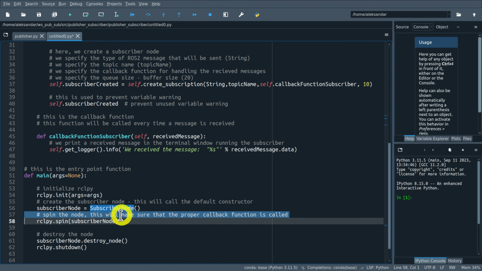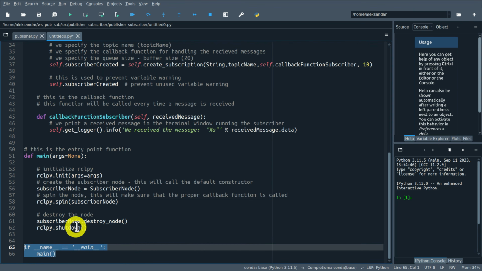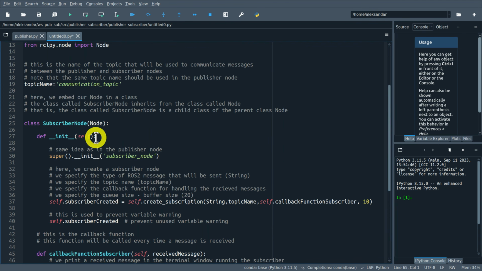And over here we spin the node. This will actually start the node and make sure that the proper callback function is called. And finally, we destroy the node over here. And this part is standard. That's it. Now, let's save this file,